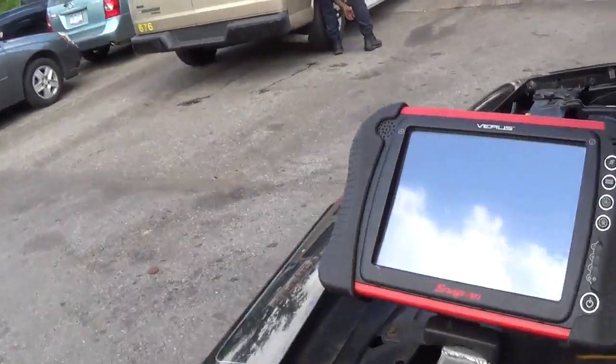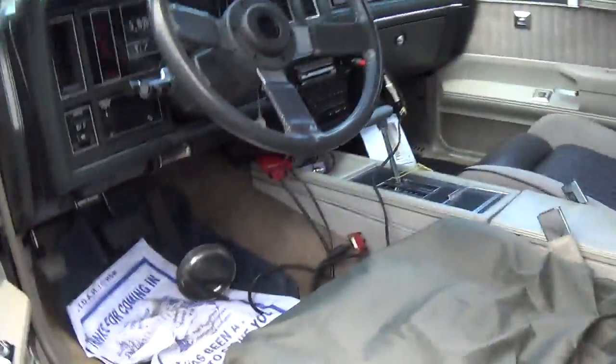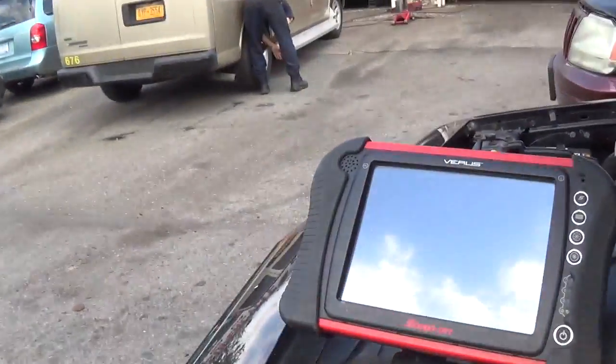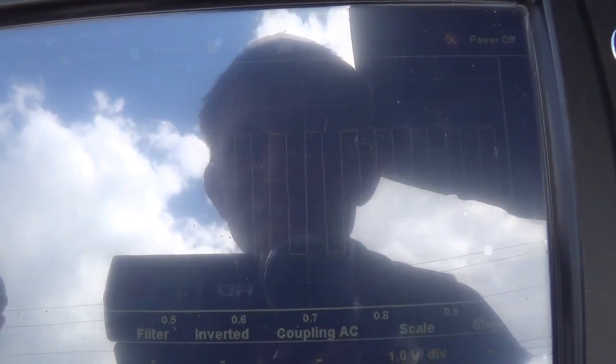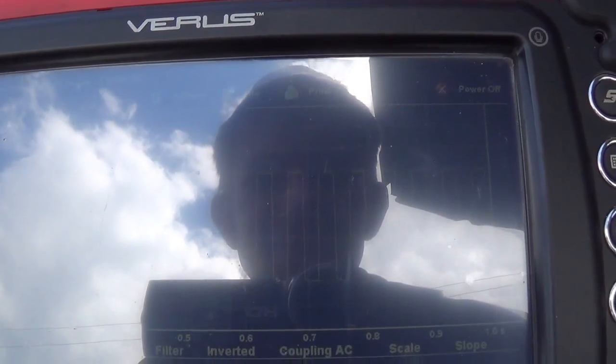But on the frequency meter, oh, I should probably turn the key back on, huh? All right, there's our 20 hertz signal. Well,